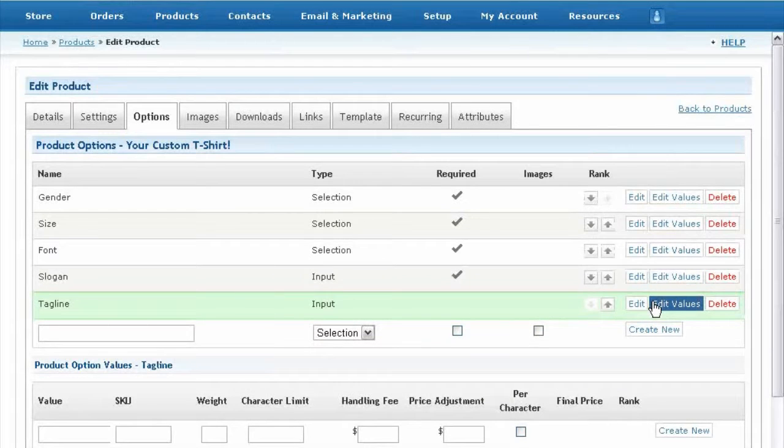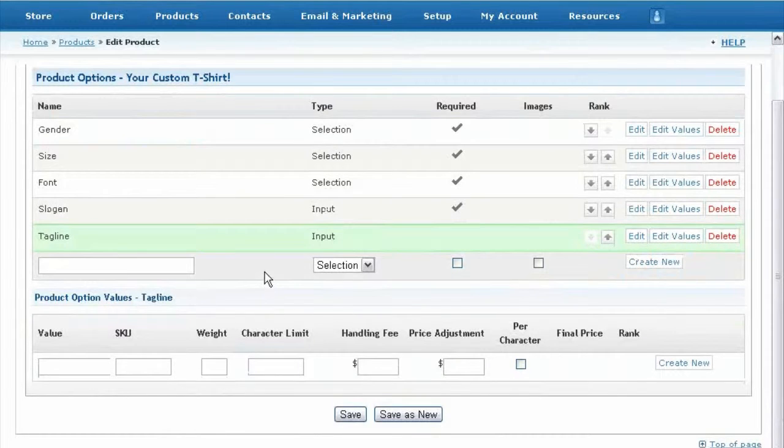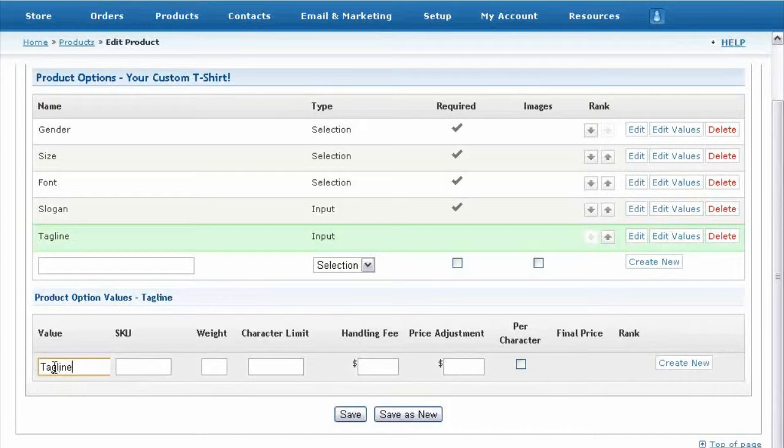Now for this release, instead of just editing the values, in the past, we've actually improved this control a little bit, because in the past you would actually have to know to edit the values to get to the next step, but instead we've just exposed them here. So right away you've added tagline, and here's the option values for tagline, and you can just start filling them out. So the value is going to be the name of the label that we display,